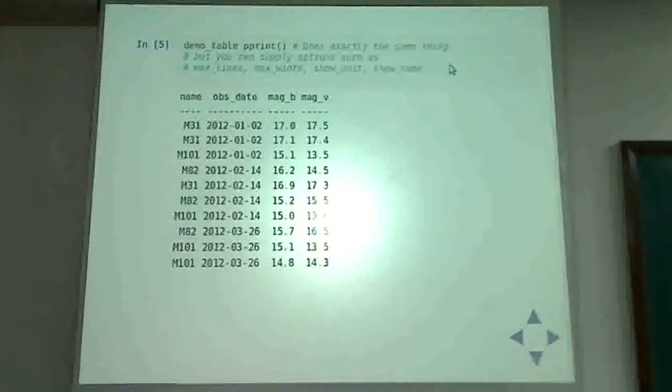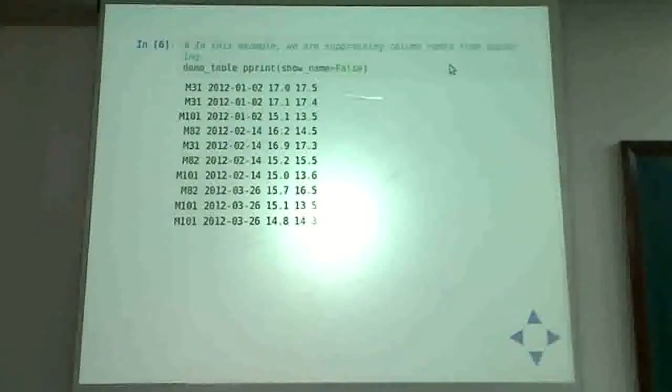There are other ways of printing the same table. I could also say demo_table.pprint. It gives you the exact same result, except that pprint is a method, which means you can supply various arguments to it to control the output. So you can specify whether you want the unit to be shown, whether the column name should be shown, what is the maximum width that your table should occupy on the screen. So if you say 60 and your table is larger, it will truncate a few middle columns, give dots to indicate that there is some data in it, and try and display the entire table, and so depending on what you are trying to do with this function, you can use one of these options.